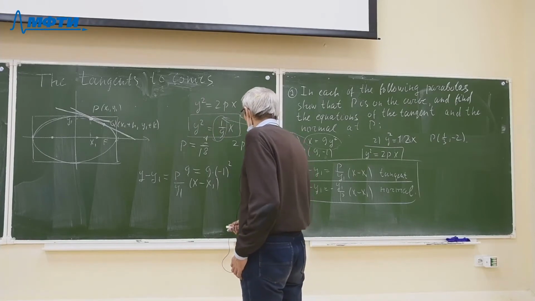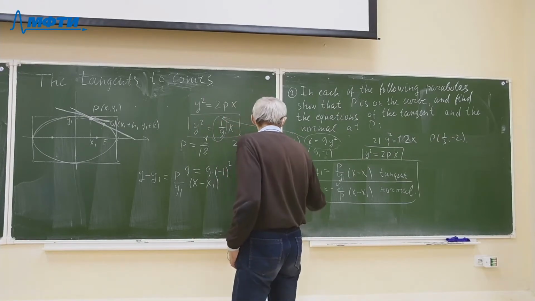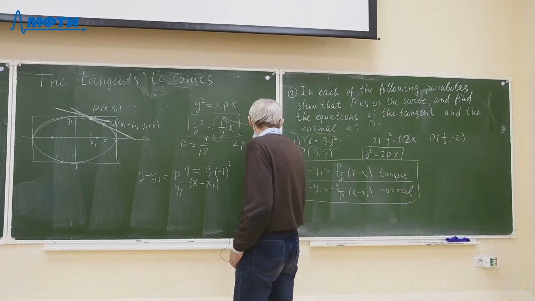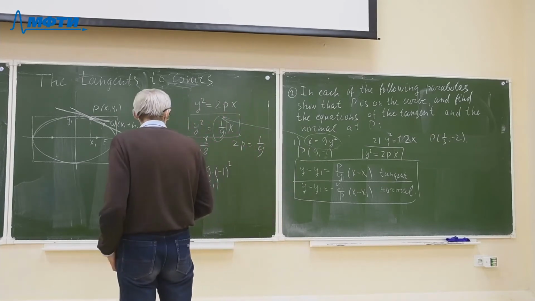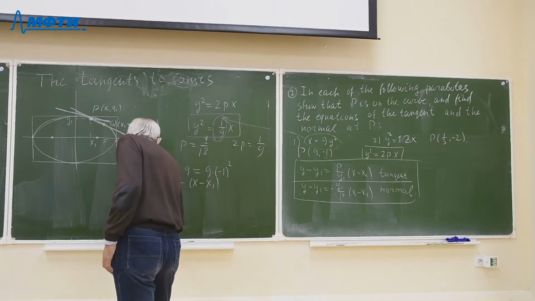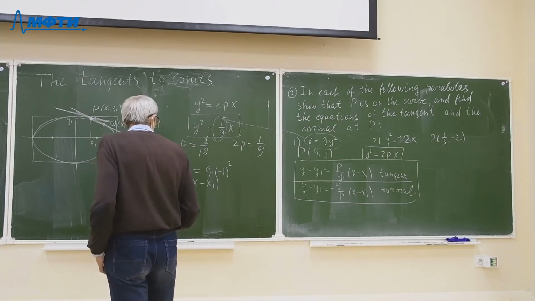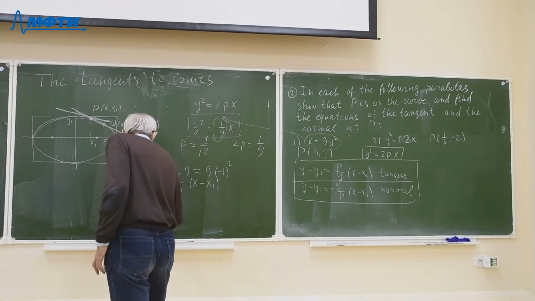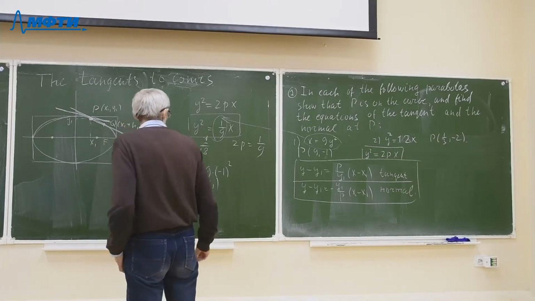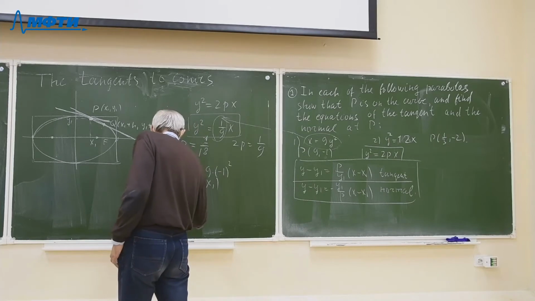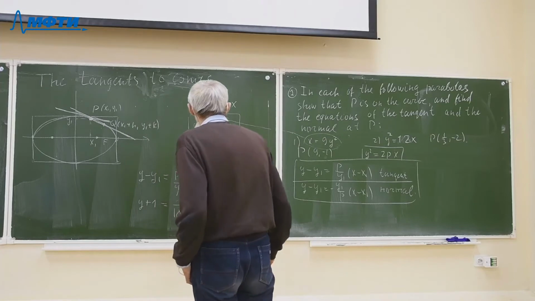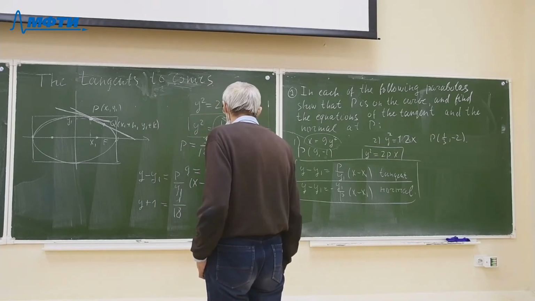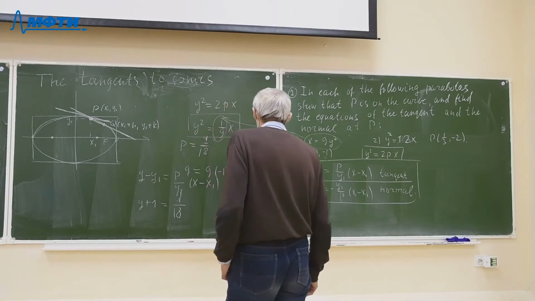In our case, the coordinate y1 is equal -1 and x1 is equal 9, and we obtain y plus 1 is equal p, the ratio 1 divided 18, and